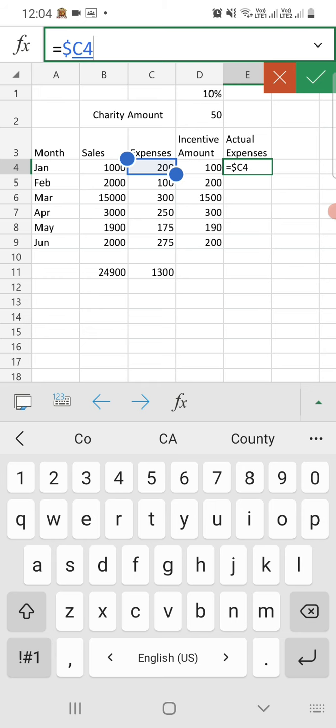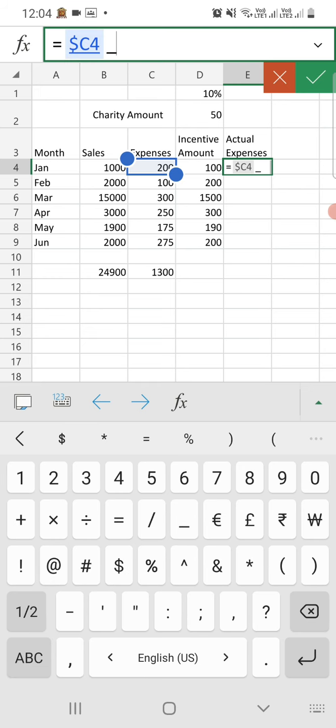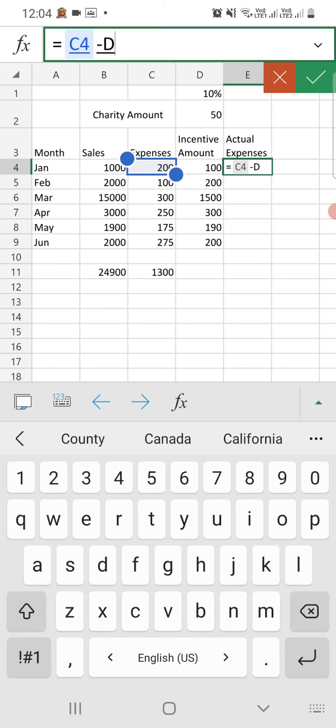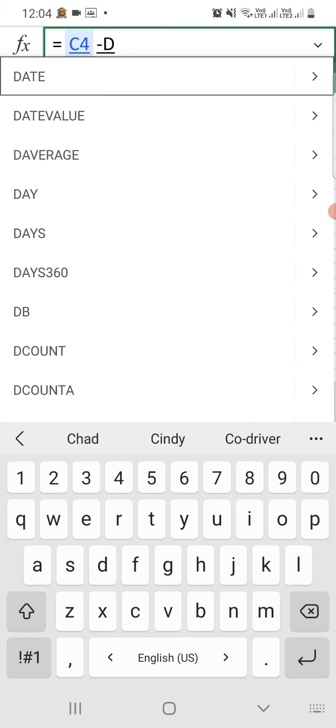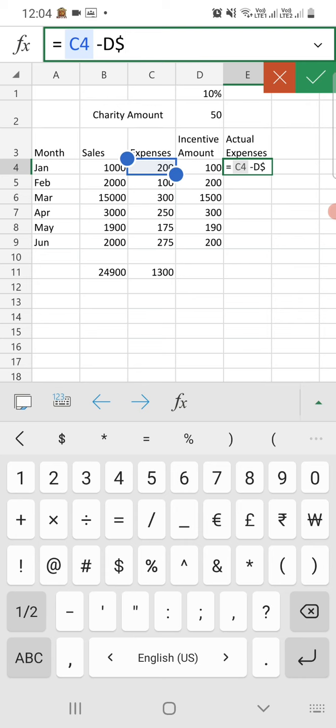Then minus D. Column D is not fixed. D$2. That means that particular cell D$2 will be absolute. That will be fixed 50.